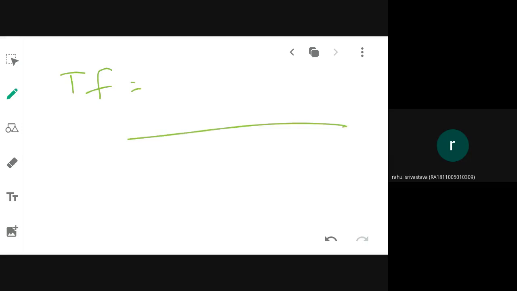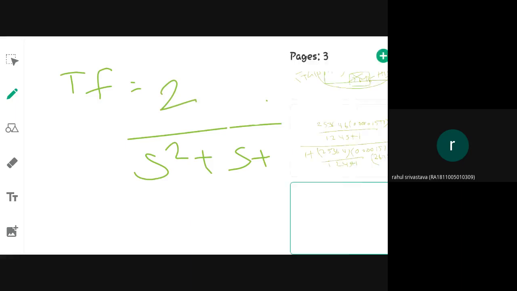Some numerator, what is the order? I think in the top you are getting one constant only. So let this be a constant, okay? Suppose you are having s squared plus s plus 1. Alright, some number if you are having here, 2. Okay, then while giving syntax in MATLAB programming, numerator you give, denominator you give.